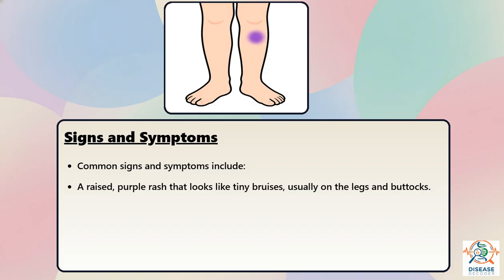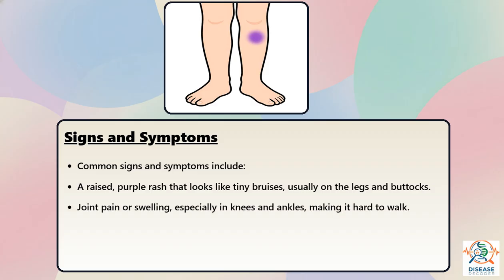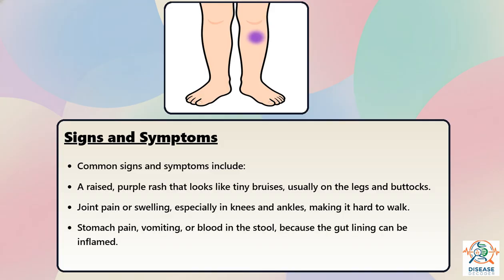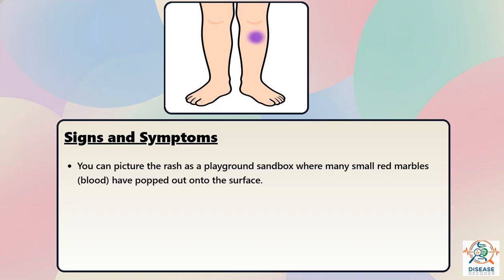legs and buttocks. Joint pain or swelling, especially in knees and ankles, making it hard to walk. Stomach pain, vomiting, or blood in the stool, because the gut lining can be inflamed. Kidney involvement that may cause dark urine. You can picture the rash as a playground sandbox where many small red marbles (blood) have popped out onto the